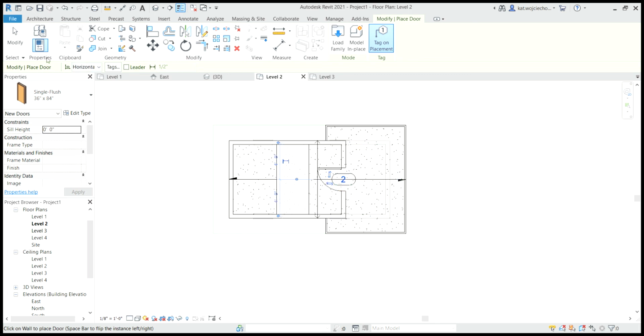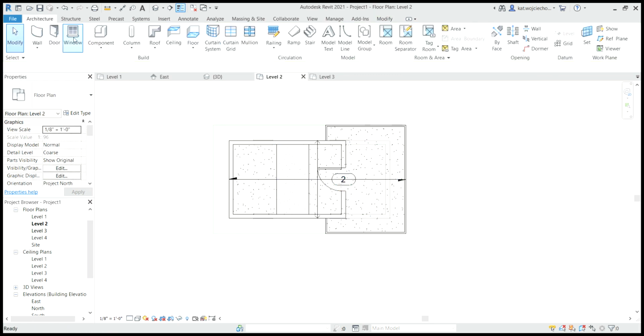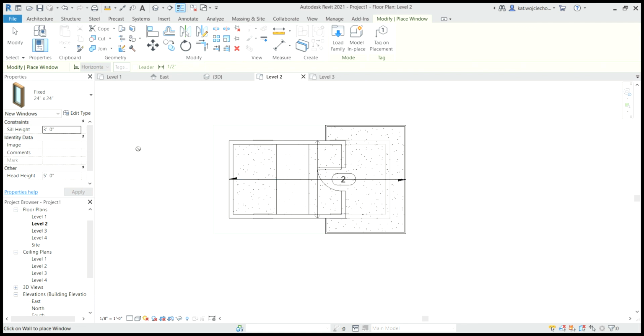Got a door. Go back to architecture tab. Let's get a window. Let's see that, and put one in the back.